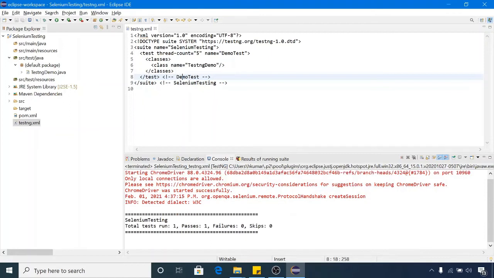There are a number of features in testng.xml. So we will create a separate session for testng.xml after some time. So that's all for today. We created the testng.xml file today and executed a Selenium test case using TestNG.